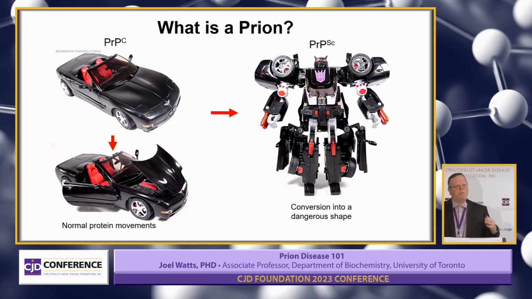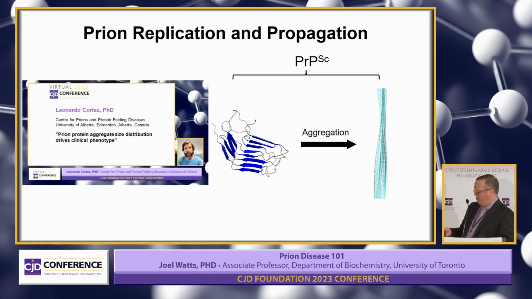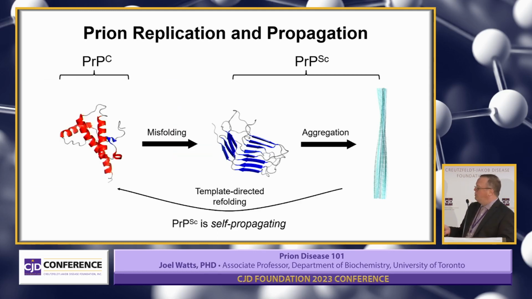So this transformer analogy, I think, is appropriate, but from a slightly more scientific standpoint, here's what's going on. You have PrPC on the left. Those red regions are called alpha helices. They're a corkscrew shape. They get converted into a protein that is rich in the blue element there, and those are called beta sheets. And once you have this being produced, this does not exist on its own. It immediately clumps together to form these large aggregates that then deposit in the brain.